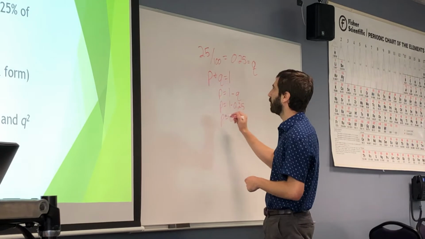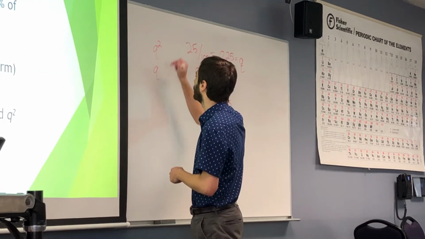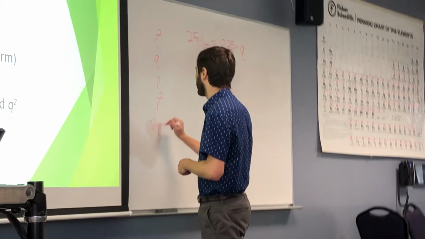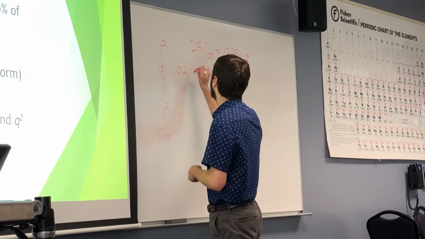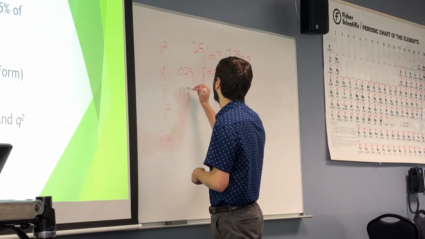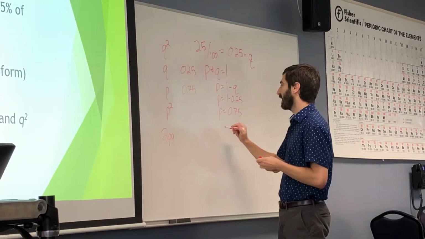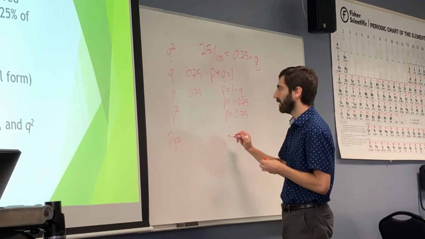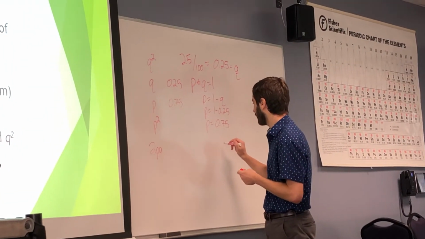If we're doing the same table, the first thing we solved for was q. We just found p. And now we can continue that same order. We get to p squared, and I don't know what number that is. 0.75 squared is,